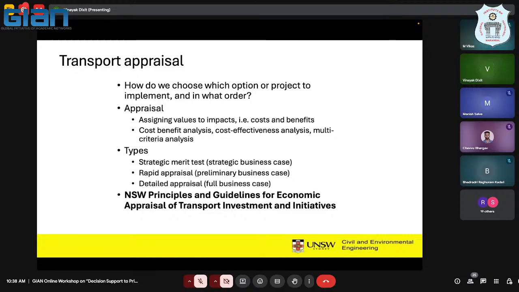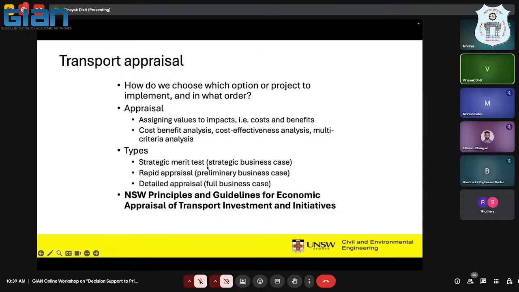Now, the transport appraisal. So how do we choose which options or projects to implement, and in what order? Appraisal assigns a value of impact, that is cost benefit. Cost benefit analysis, cost effectiveness analysis, and multi-criteria analysis are all part of that appraisal. And there are 3 types of